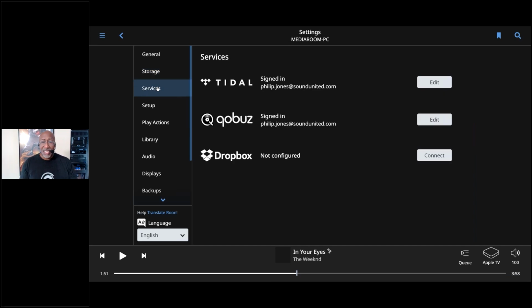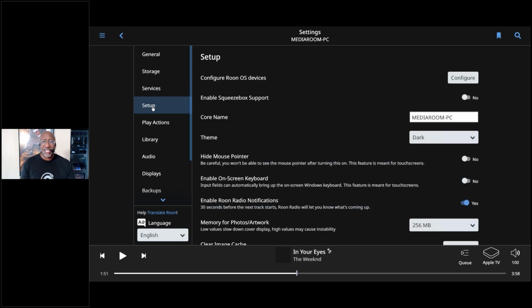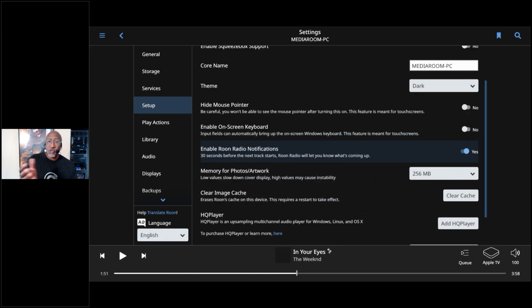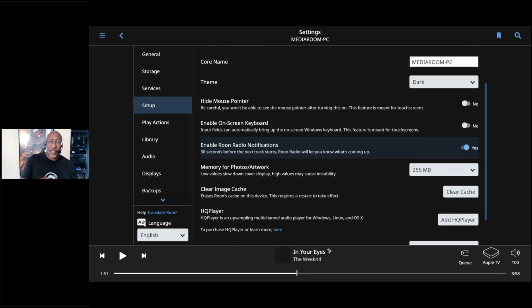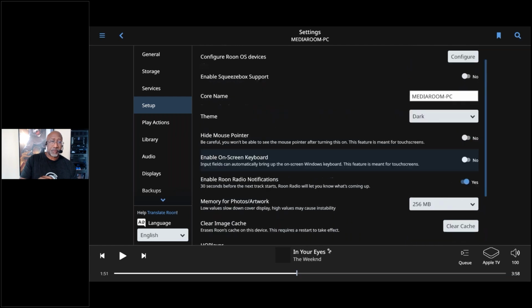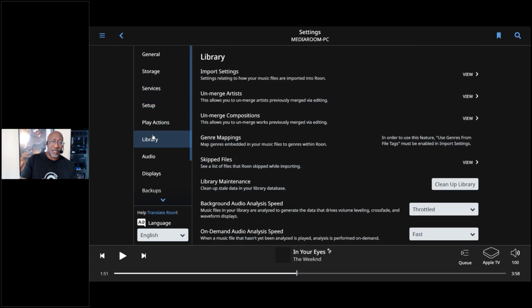The next thing is what services do you have, and I put in my two passwords. The next thing it's going to ask you is things like, what do you want to name your core? I can make it a dark theme, I can make it a light theme, I can do whatever I want with that. How do you want to interact with the particular device? Some other things here that we want to talk about